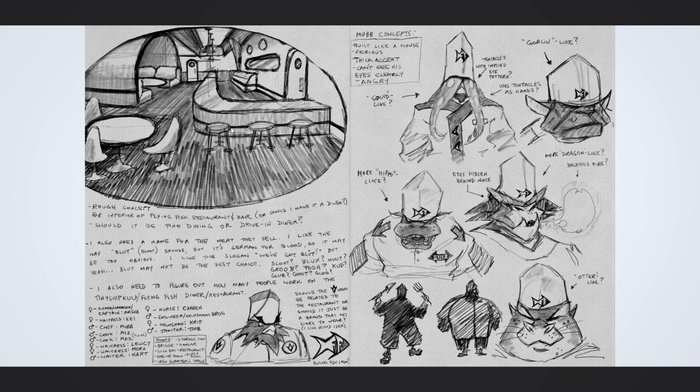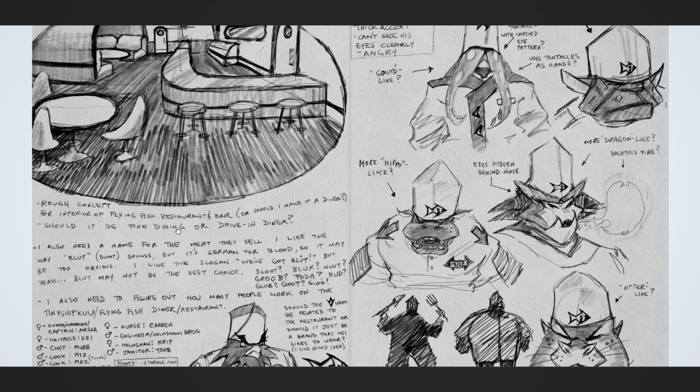So here I was thinking of a concept for the diner, and I wasn't sure if it's going to be like a restaurant and a bar or a diner. Like, should it be more fine dining like or not? And I wanted a name for the meat. So I was thinking of